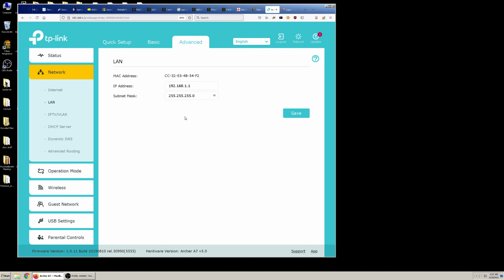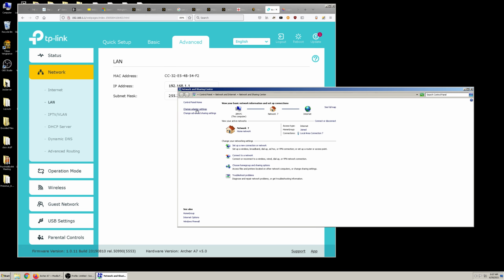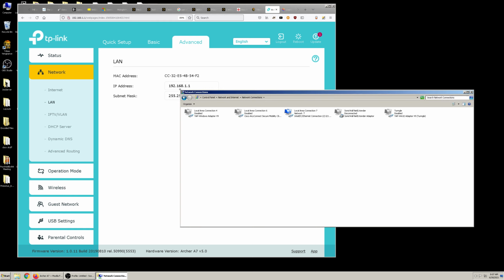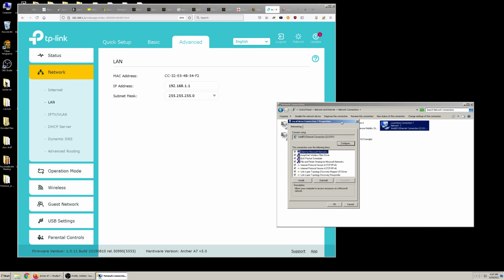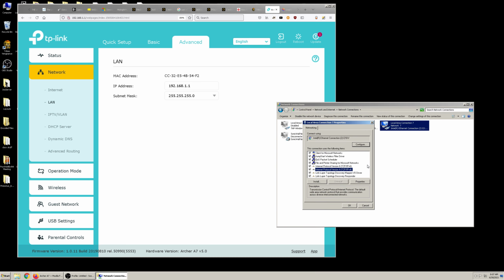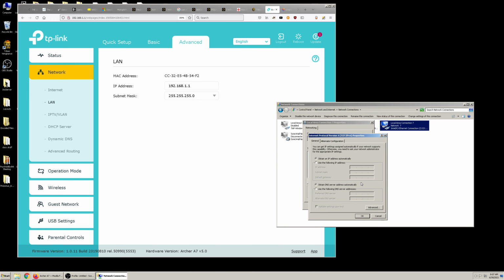Now, what we want to do is go to our network adapter, and I know this is different on Windows 10, but you might have to Google how to get to your network adapter in Windows 10. Once you find it, you want to go to IPv4 and properties, and what we're going to do is set up an IP address in here so that your computer's IP address